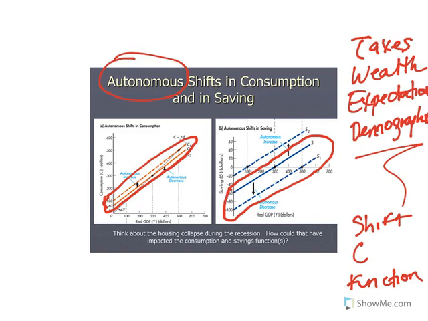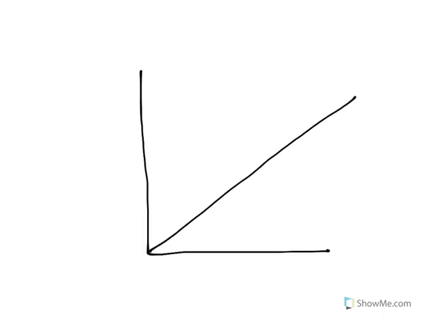Now you'll notice that I have a question down here just to get you critically thinking about the real world and these kind of things happening. I say, think about the housing collapse that just occurred during the recession. How could this have impacted the consumption and savings functions? So again, you can go and draw a consumption function, hypothetically what it would have looked like prior, like so. And so initially, when the housing market was booming,